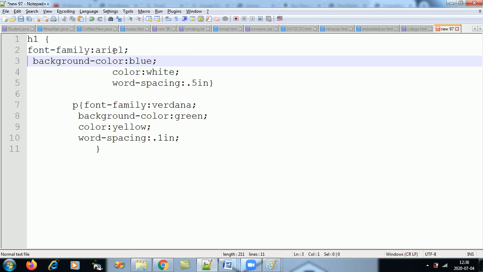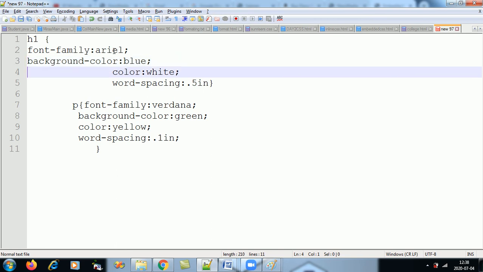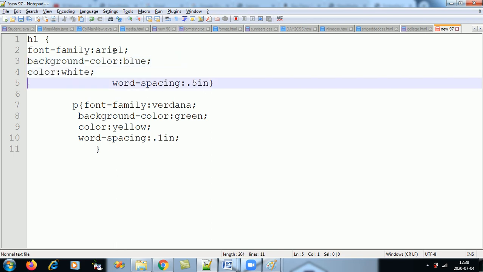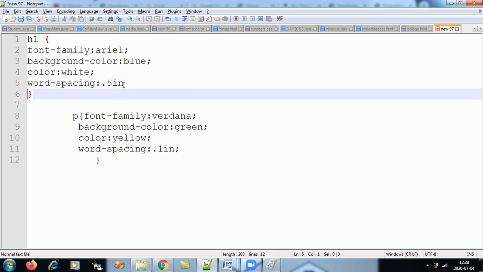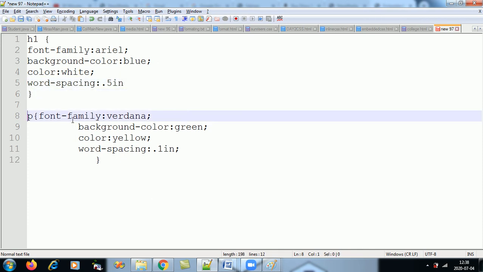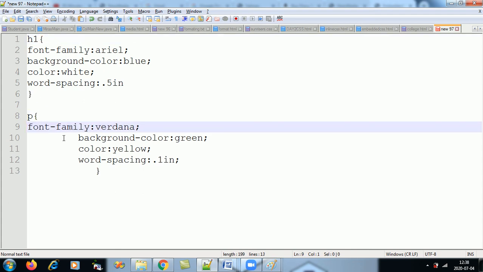So you can give whatever you wish to give. And similarly for the P selector, you can follow this style. This looks better.